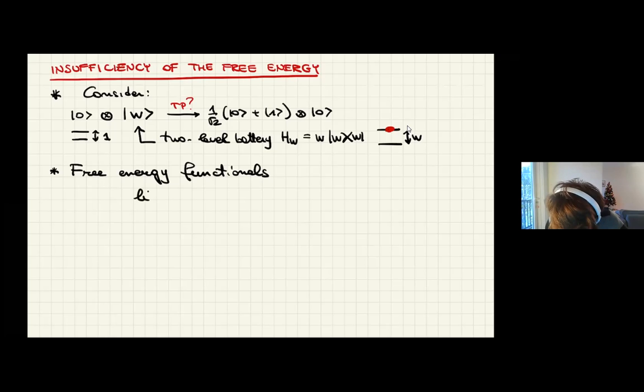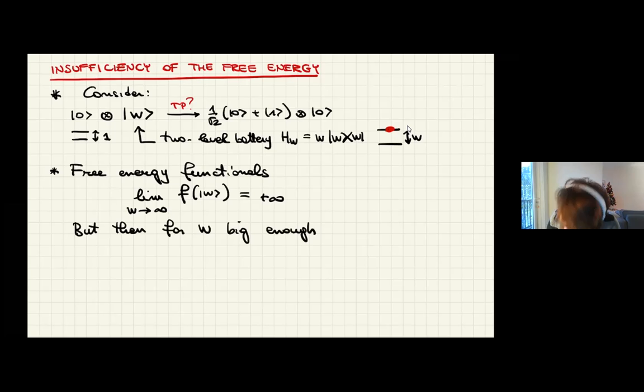But there is something in common to all of these functionals, which is that if you add an unbounded amount of work, this kind of functional should grow unboundedly. So the more work I put, the bigger the free energy should be, which we may phrase as this kind of condition here. Okay. Why? Because the more energy there is in the battery, the bigger the free energy of the battery should be. And I can make this free energy as big as I want by putting as much work as I want, no? But then, if that's the case, for W big enough, I would get to the conclusion that F of 0 tensor W is bigger or equal than F of